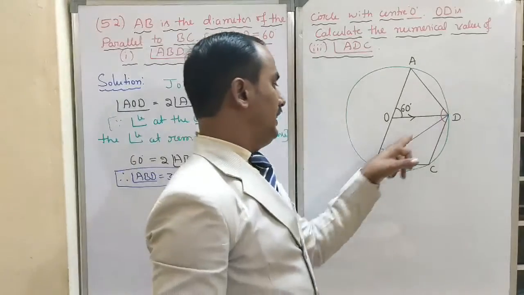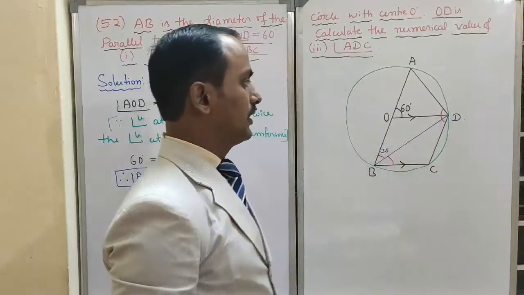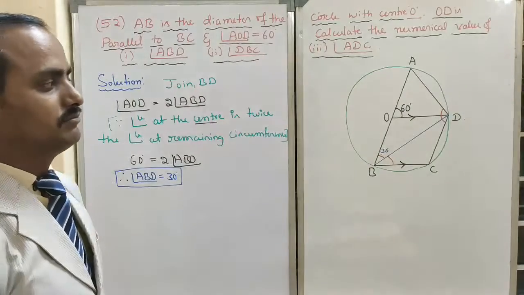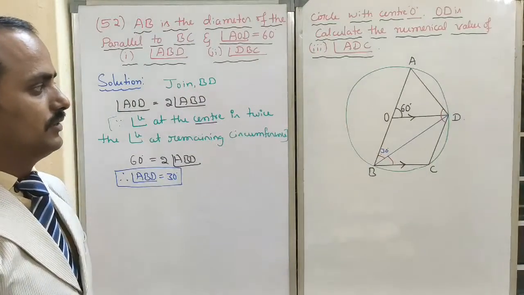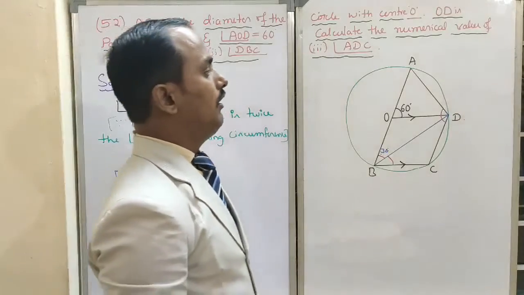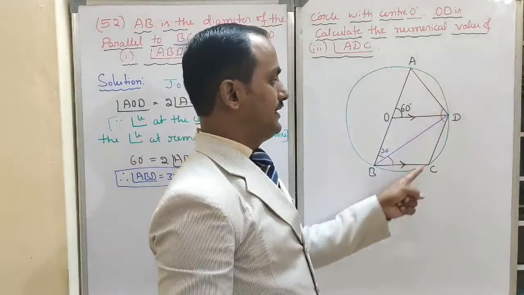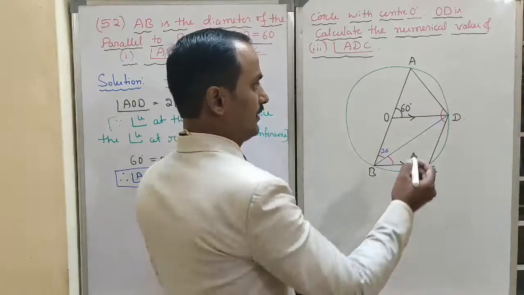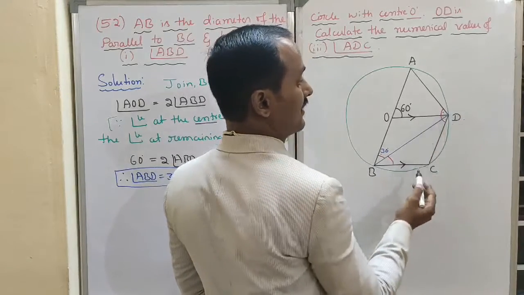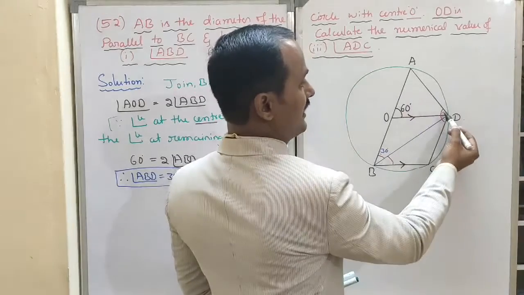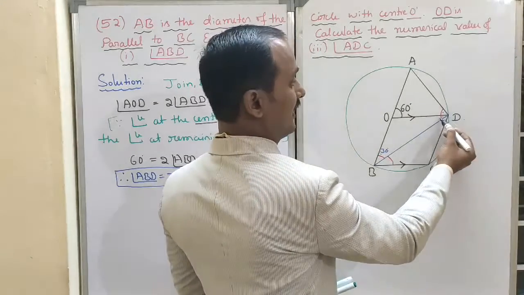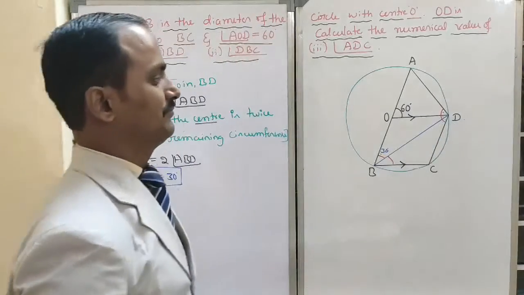DBC. This angle value, one. How can I find it, children? Any idea? Dear children, look here. I will give one hint. See, I want the third angle ADC. Here three angles are there, this 1, 2, 3. Three angles are there in ADC. This angle how much? First I will find out this angle, next I will find out this angle, next this angle.